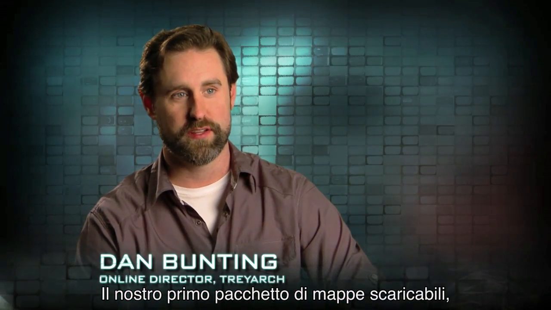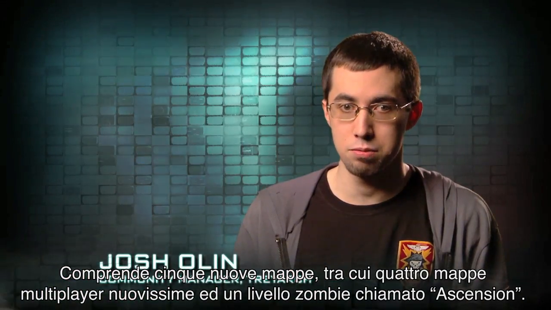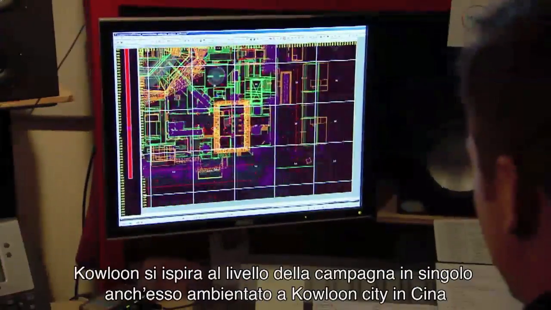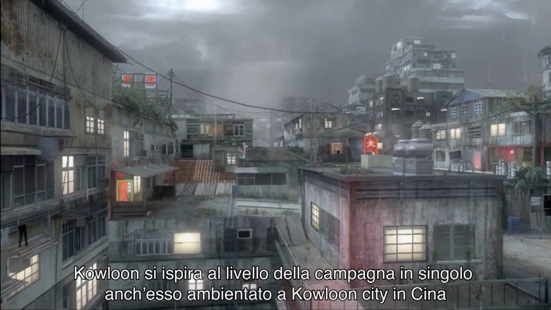The first DLC offering is called First Strike. It releases February 1st. It has 5 new levels in it, 4 brand new multiplayer maps, as well as a zombie level called Ascension. Kowloon is inspired by the single-player campaign level that was also set in Kowloon City, China,